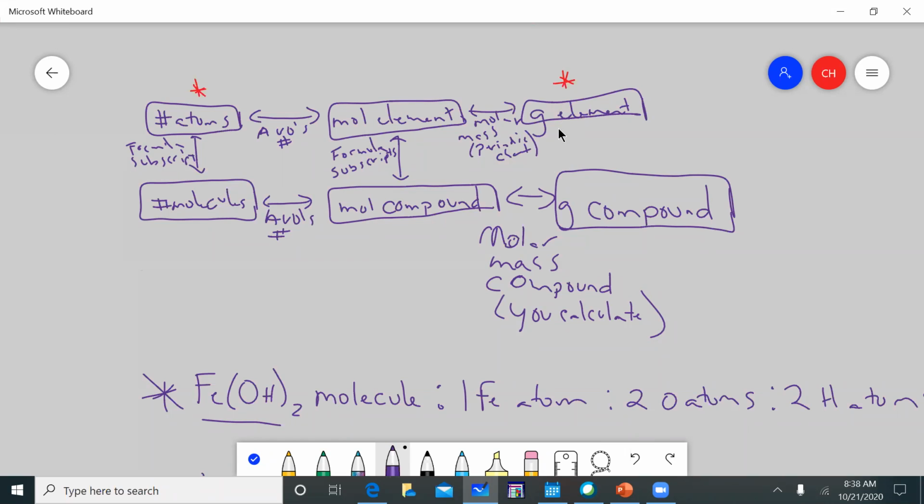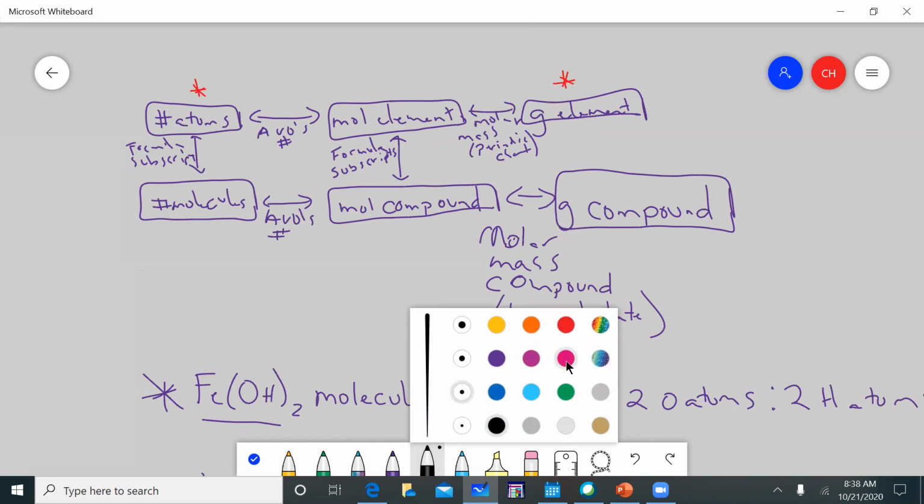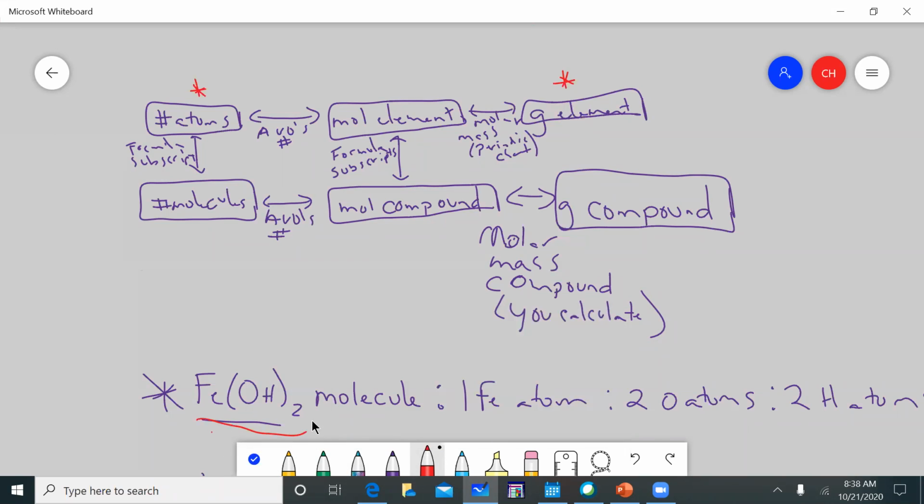Now let's go over to this one here, grams of element to grams of compound. Can I put formula subscript there? No, definitely not. Because this relationship in a formula is a relationship between molecules and atoms. It's a relationship between moles. It's not a relationship between mass. So I'm not saying 1 gram of this is equivalent to 1 gram of this and 2 grams of this. That is not true. So put like an X here, or something to remind you that there's no direct path,